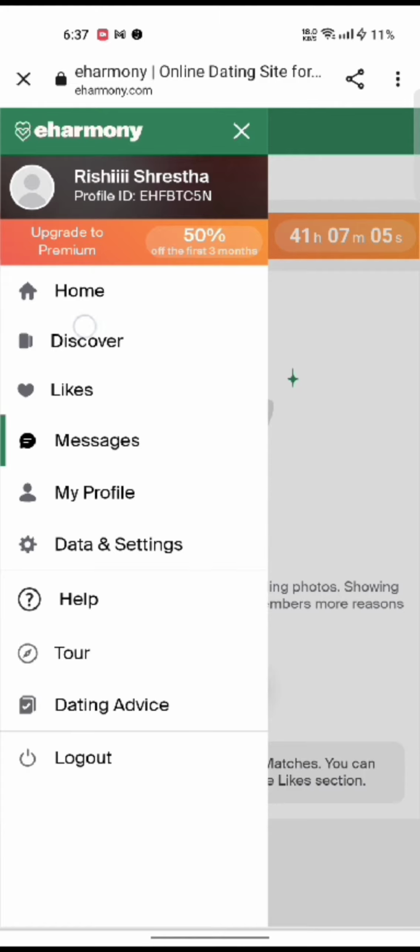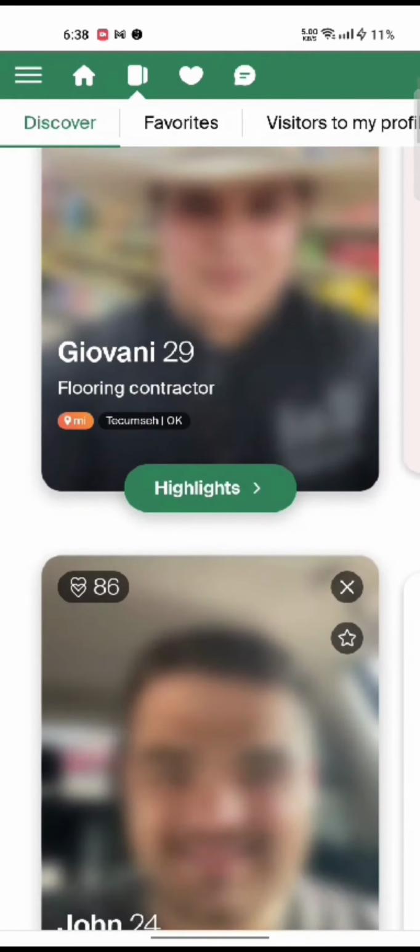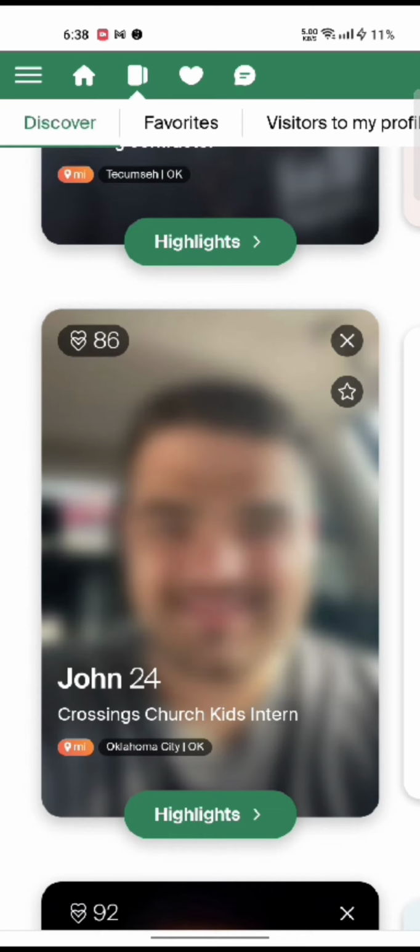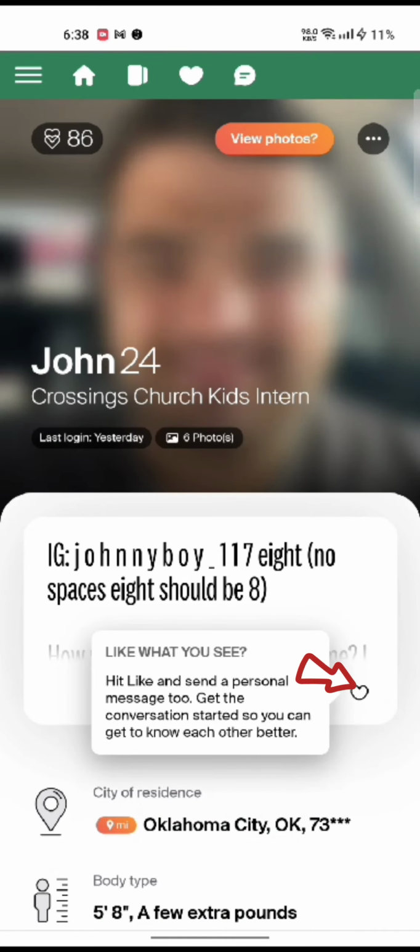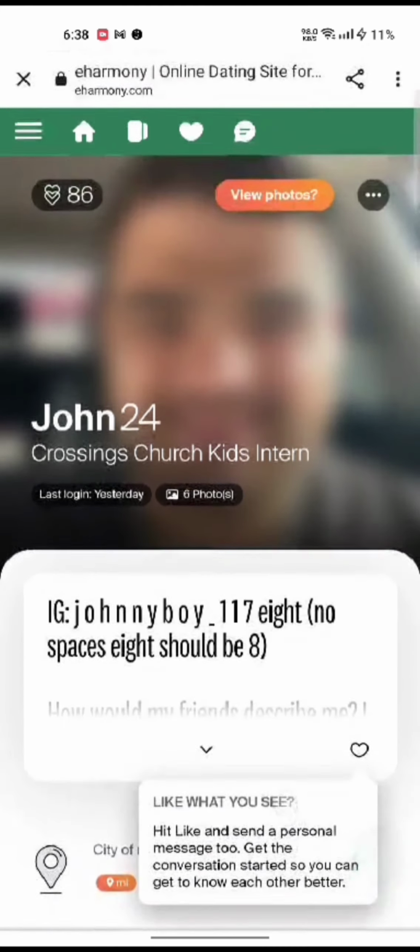Now, to like a profile on eHarmony, click on any profile that you like, and on the next page, tap on the little heart icon. This is how you can like a profile on eHarmony's account quickly and easily, just in